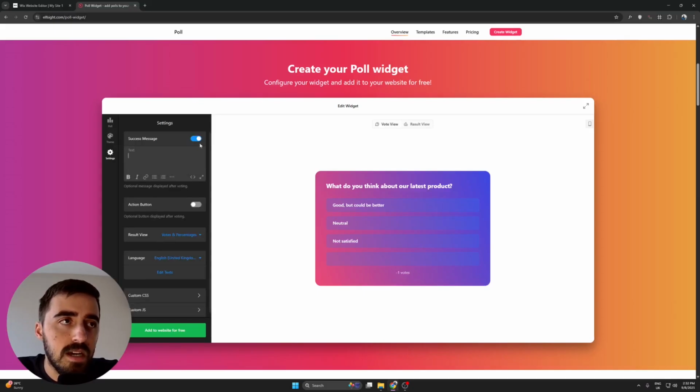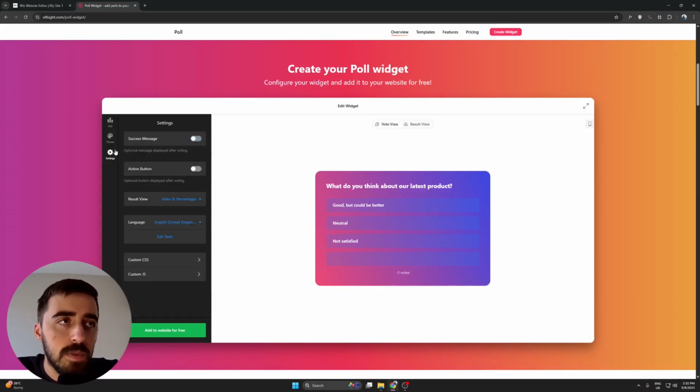The text here is all very easy and self-explanatory. I'm not going to go through every single customization that you can take advantage of. I'll leave this up to you to explore at your own pace. But once you're ready to move forward, click on add to website for free in the bottom left corner of